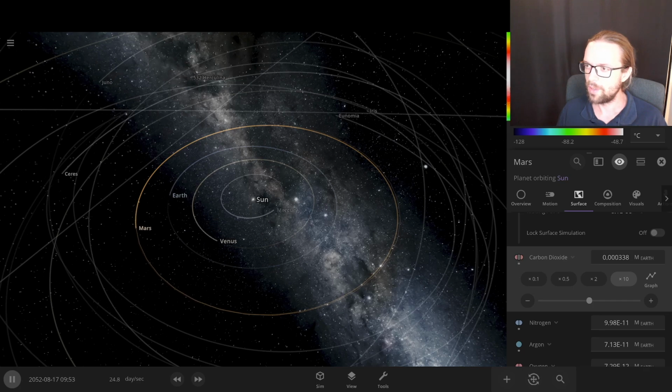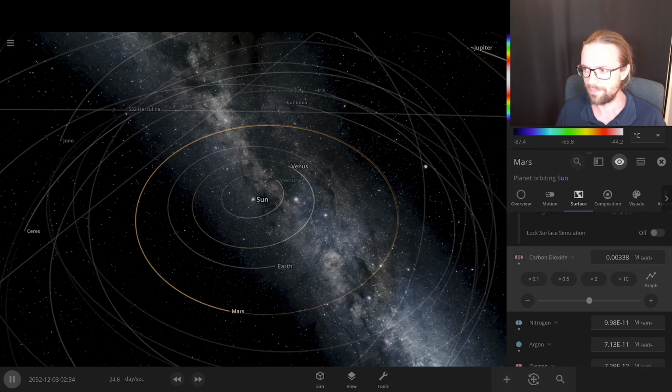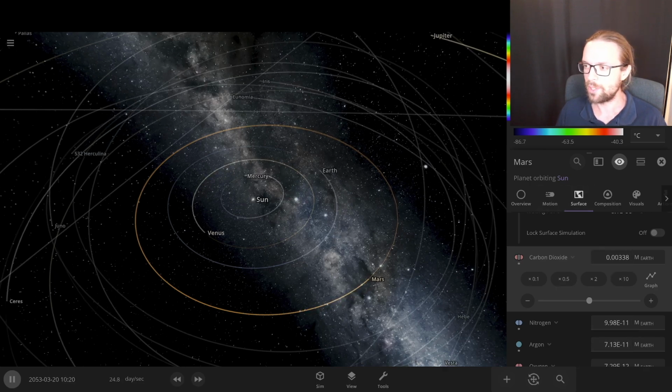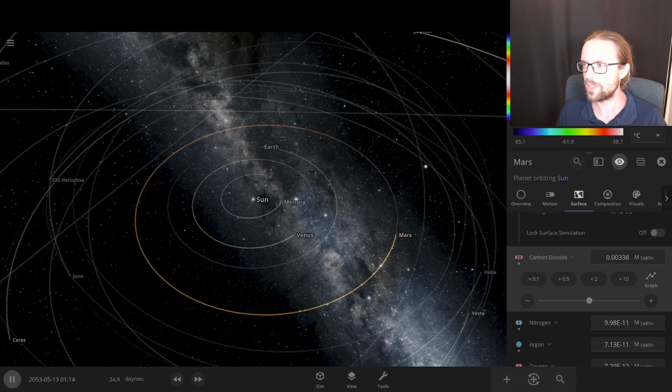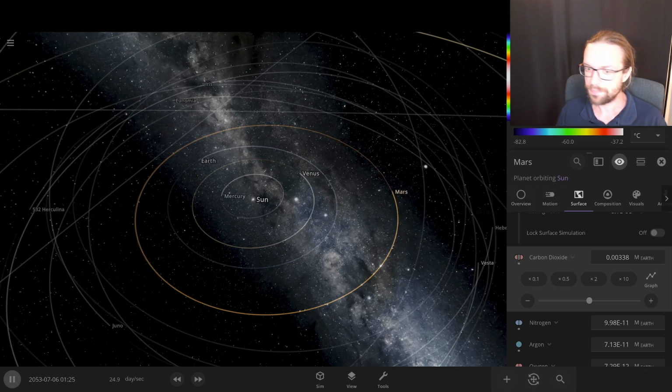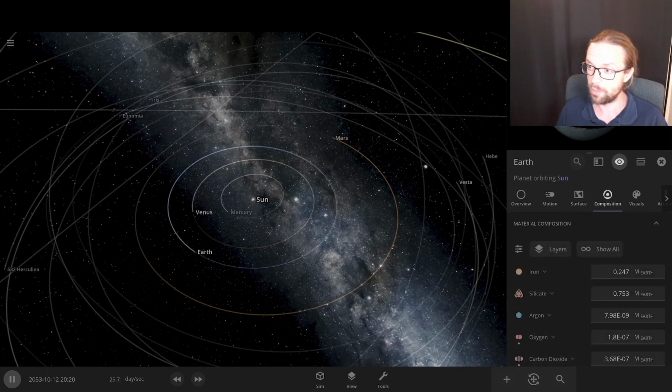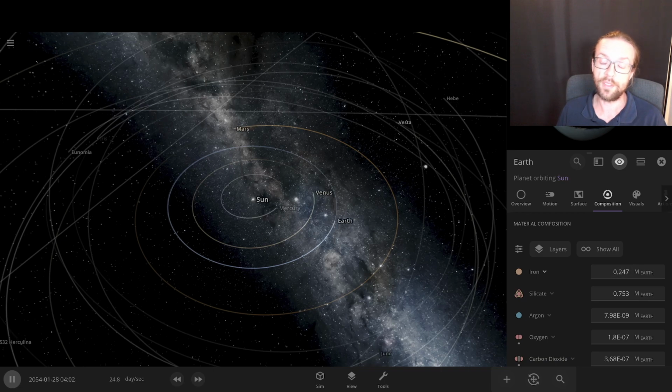So we can, for example, put it by a factor of 10 and then see what happens. Of course, there are a few magnitudes. It's very, very fast, but you already see the temperature increases on Mars. Now back to Earth. We can also change the composition of the planet itself, also from the other